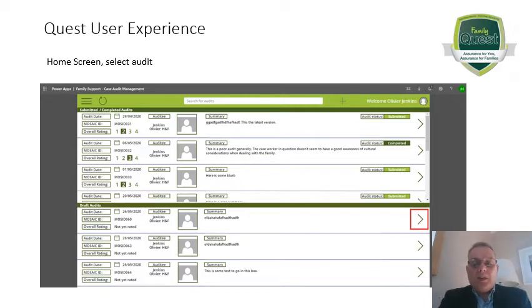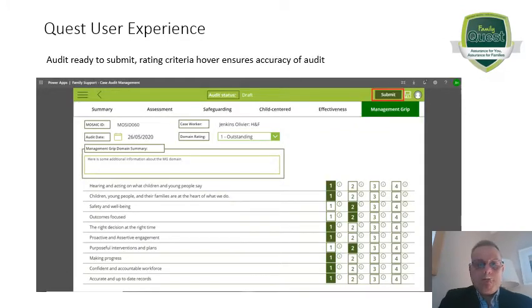What that then gives you is this desktop version view of how you would go in and allocate audits. You can see that it's very simple, and it gives you a very clear overview of an audit. Has it been submitted? Has it been completed? You'll see there are some draft audits underway. I can see those, and that allows me to very quickly get a snapshot of what's going on. Here's an audit that's ready to submit,